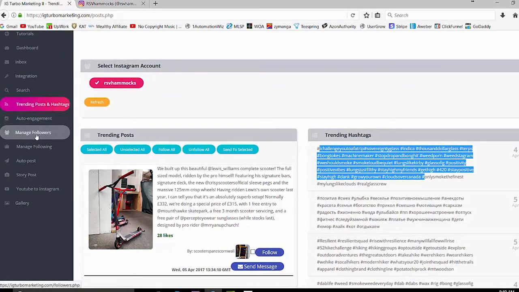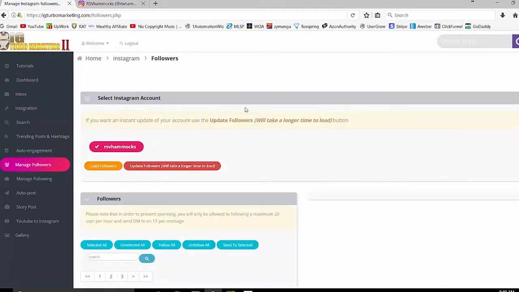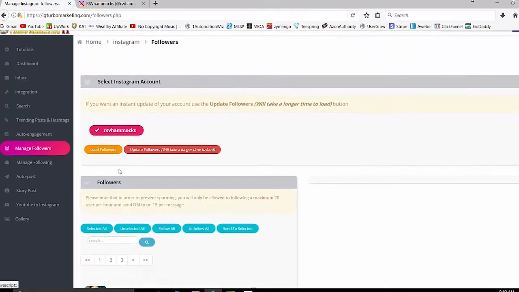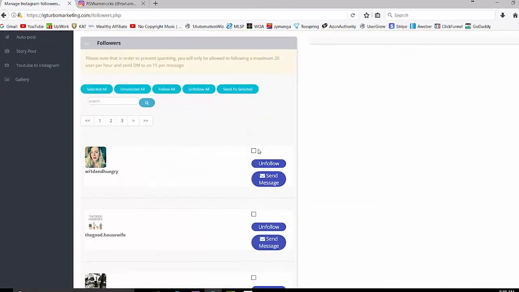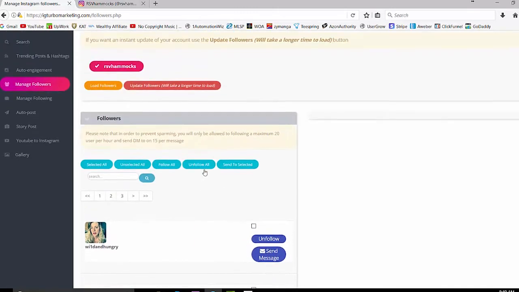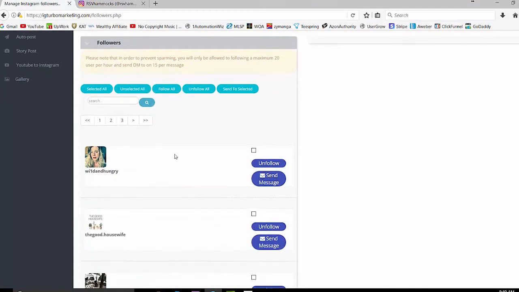And then if we go to manage followers, this is how you can, of course, manage all the followers, the people who are following your account. So you basically just click your account, load followers, and you can come in here and follow this person, unfollow this person, leave them a comment, leave them a message, basically do whatever you want. One of the really cool features is that you can actually select all of them. You can only do 15 at a time to stay within the limits of Instagram,